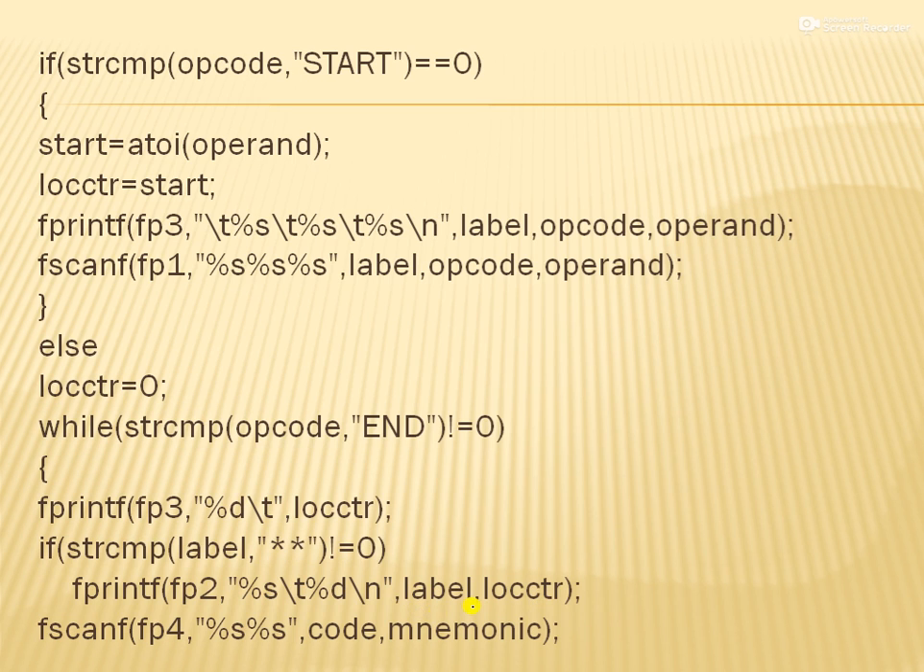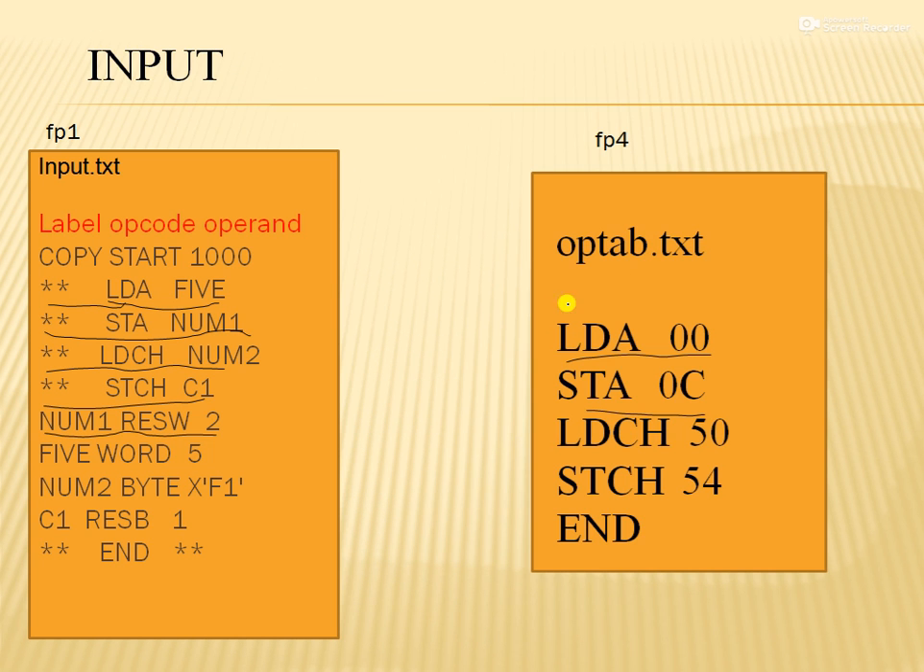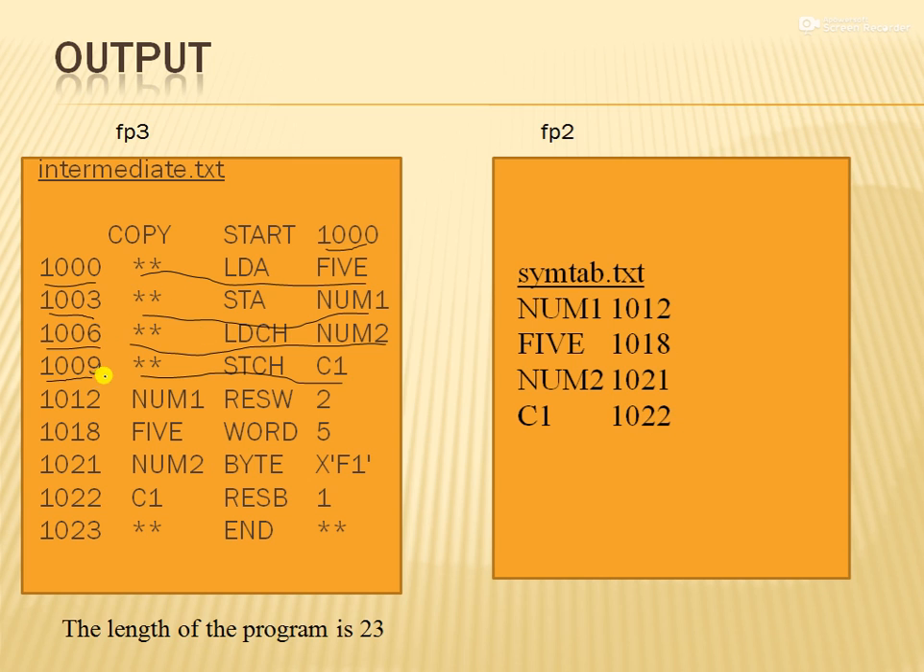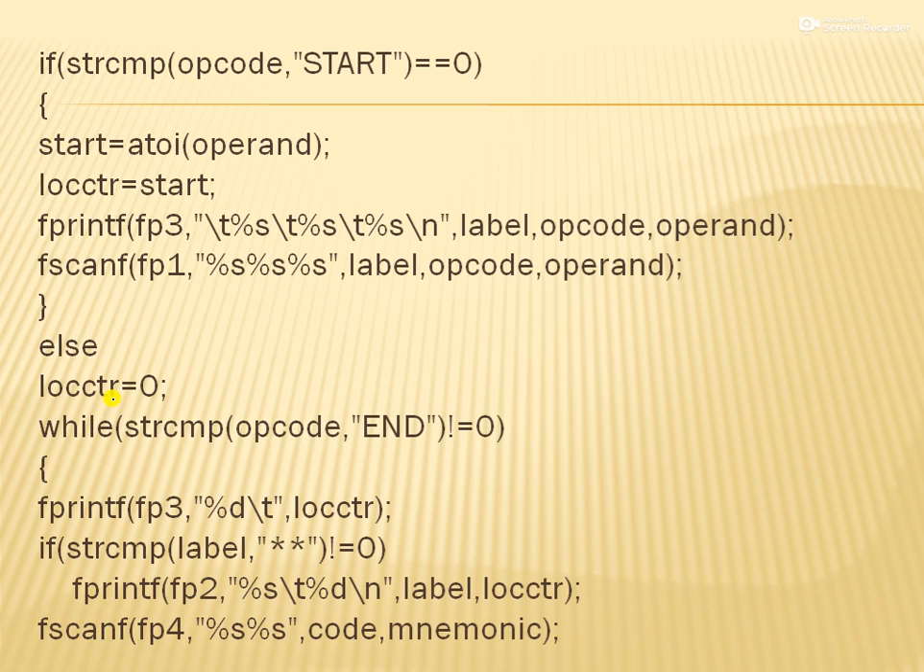So here the label is num1 and the location counter value will be 1012. Already the location counter will be this 1012. So the num1 along with the 1012 is written into the symtab. After that the same process is repeated, that is, here you can see you are comparing